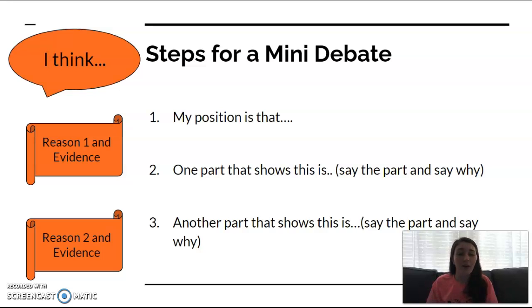For a reader, we're going to provide evidence from the text itself. Okay, we're not going to just include our own opinions. We're going to pull that evidence from the text. Maybe you snippet a quote from the book. Maybe you say, well, the character did this, which tells me that they believe this.